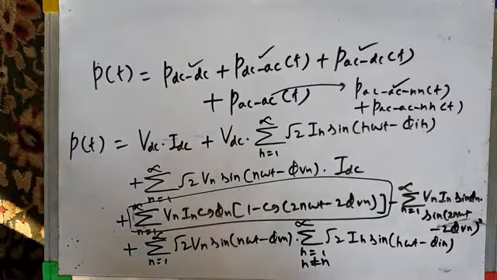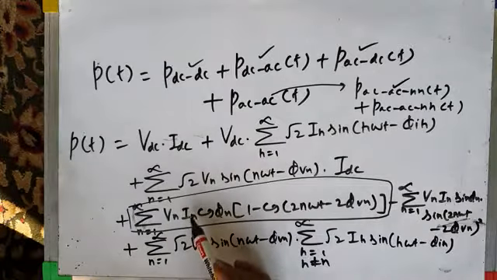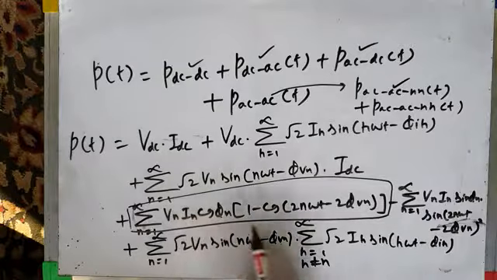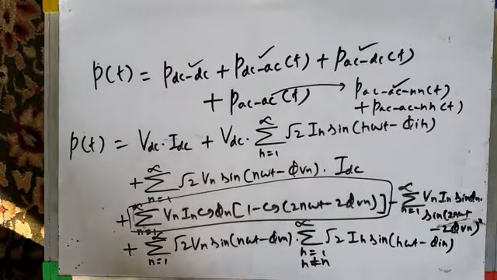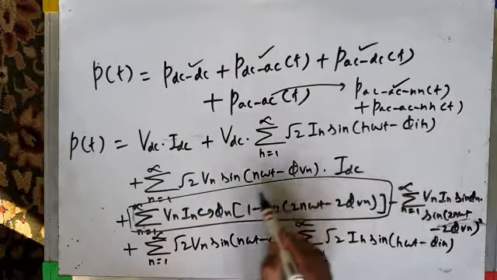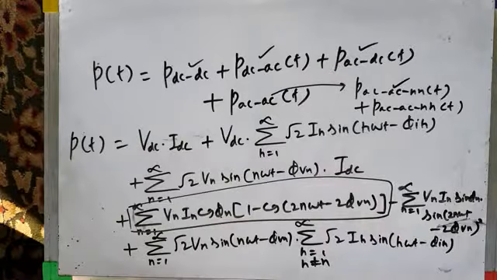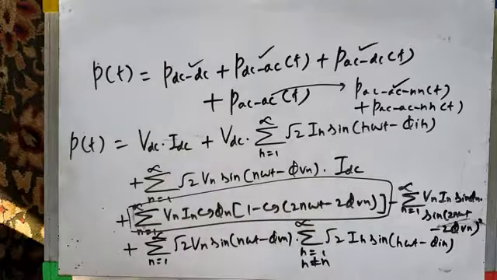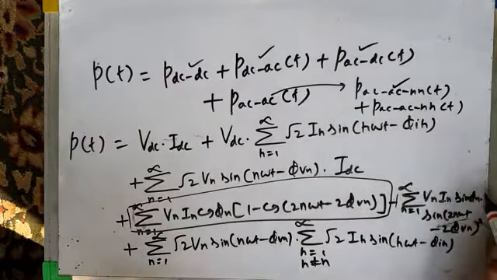Instantaneous active power is given by this term. Okay, if you remember in our last lecture when we considered non-linear load but sinusoidal AC supply, sinusoidal source, we got the instantaneous active power equation like this, but instead of Vn In, there we had V1 I1. But here you have to take similar frequency components, whether it is fundamental component or harmonic components. Here we combine them, and that becomes our instantaneous active power term. The equation is similar to what we derived in the previous lecture. And instantaneous reactive power is given by this.